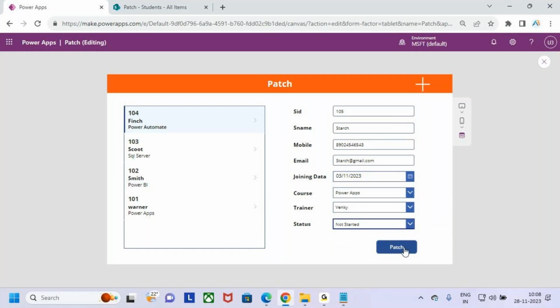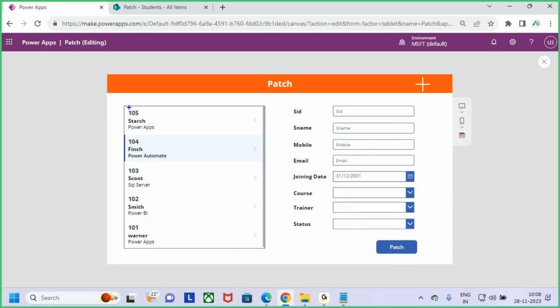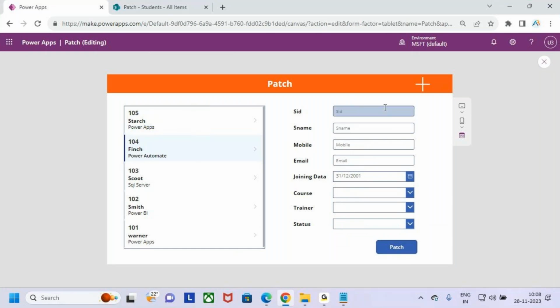Once I click on the patch, what is it going to do? It is going to submit the data to the data source. Now see, the new record is submitted. What's the new record? Employee ID equals 105. Once the record is submitted, I'm able to show these values as reset. Once I click on any item in the gallery,